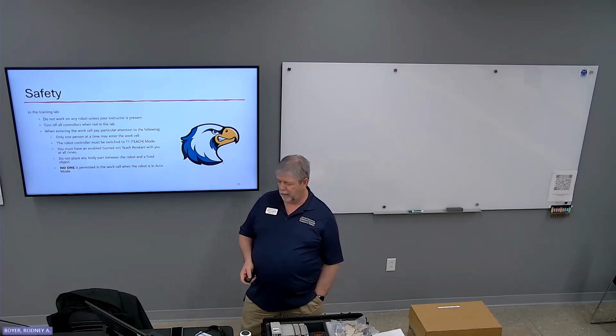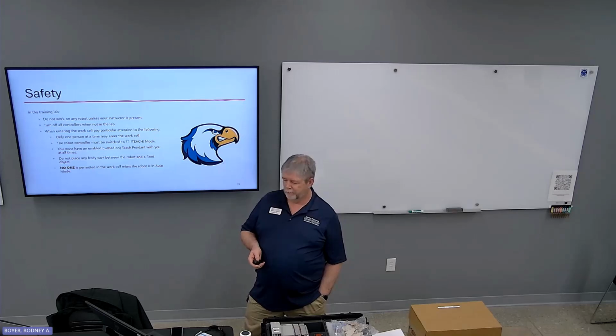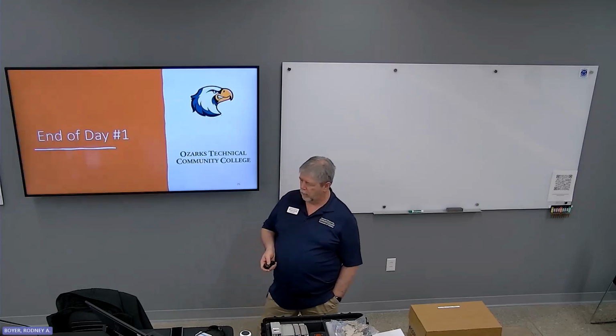No one is permitted in the work cell when the robot is in auto mode. If it's running in auto, you can't be within its envelope. We have DCS set so that it can't reach outside the perimeter of the table. So as long as you're not hanging over the table, you should be all right. And that is the end of day number